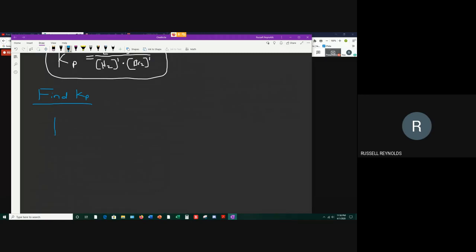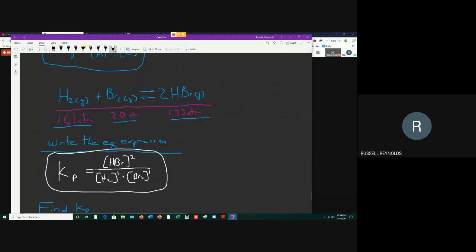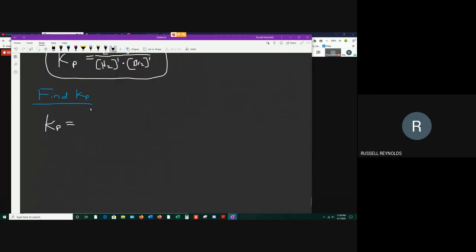All we're going to do is plug in our numbers into our expression, and we'll do the math and we'll get a number out. So we have HBr on top, and our amount for HBr is 1.33. We're going to square it over